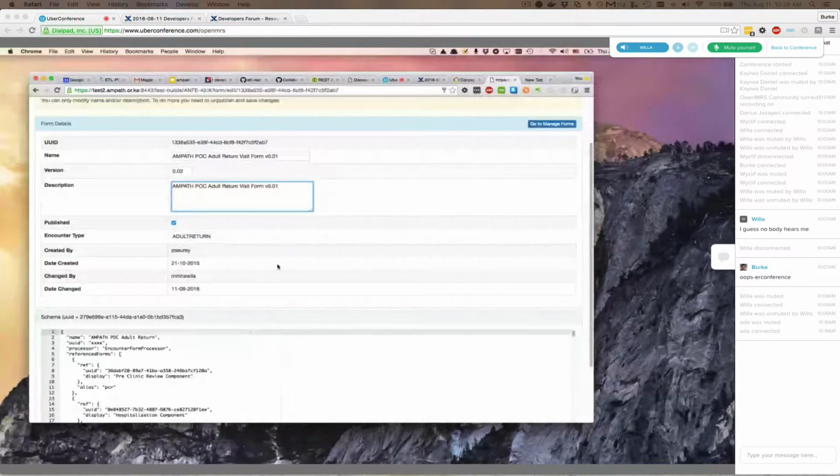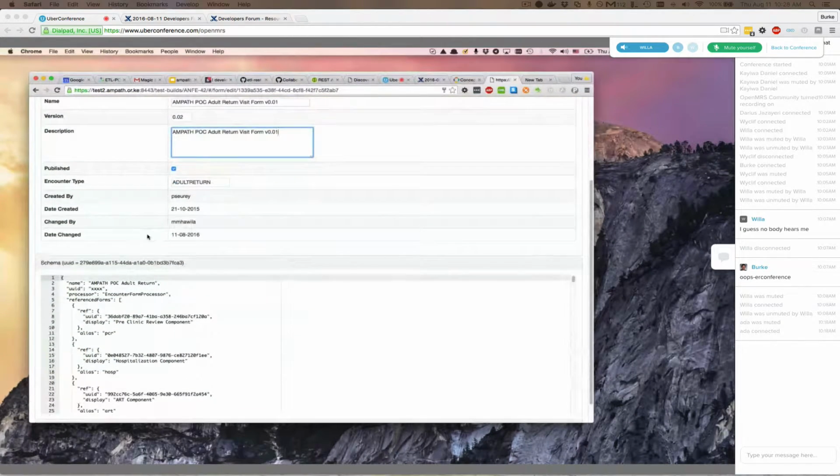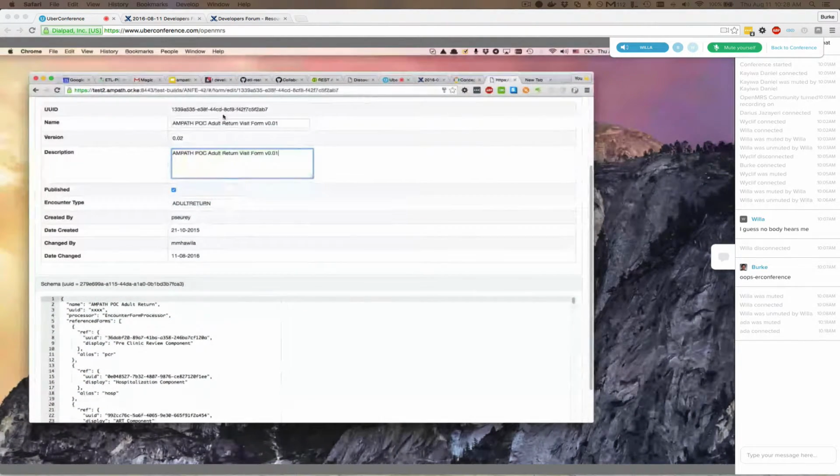Although in this case, changing things like names and description is not really a big deal because the UID is the same, and it is the one that is actually used to tell what form it is. And the important thing here that doesn't need to change is the schema itself, because it's the one that determines what fields are on the form.